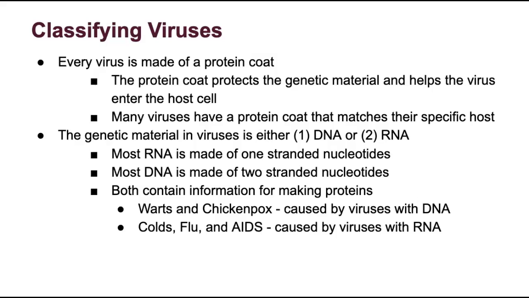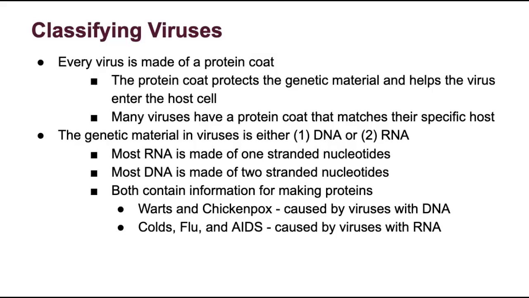So RNA is one strand of genetic material. DNA, like what you and I have, is actually two strands of genetic material. Both of them contain information for making new proteins. So viruses are sometimes going to have DNA and sometimes going to have RNA inside of them. Warts and chickenpox are caused by viruses that have DNA inside of them. Viruses like AIDS and the flu and colds and coronavirus are actually going to have RNA as the genetic material